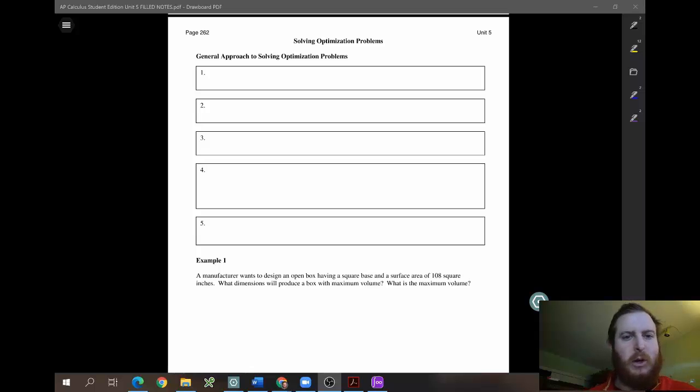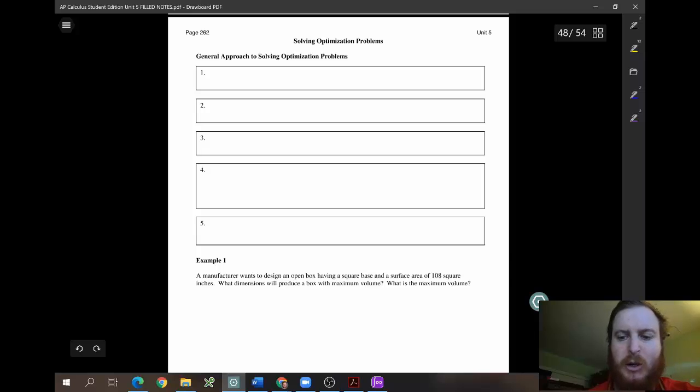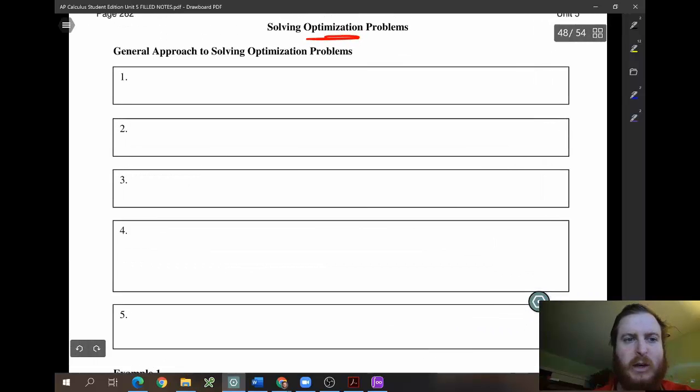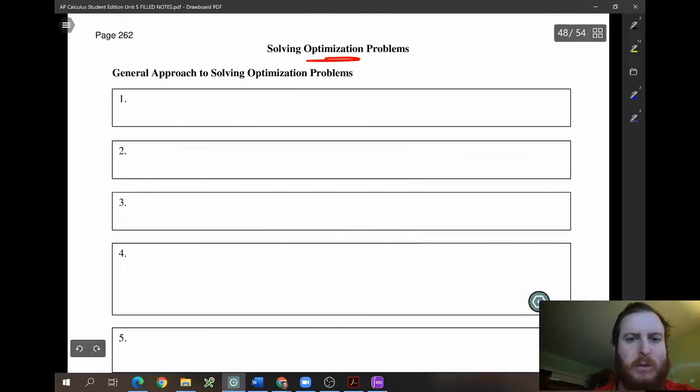So today's notes, we're going to cover optimization. And optimization is very similar to related rates. It is a little bit different than related rates, but it's kind of similar in structure. They're word problems. However, the main difference for me is that optimization, I think it's one of the most fun